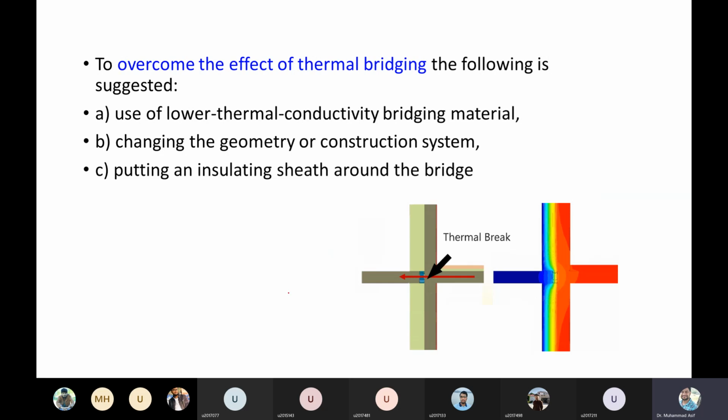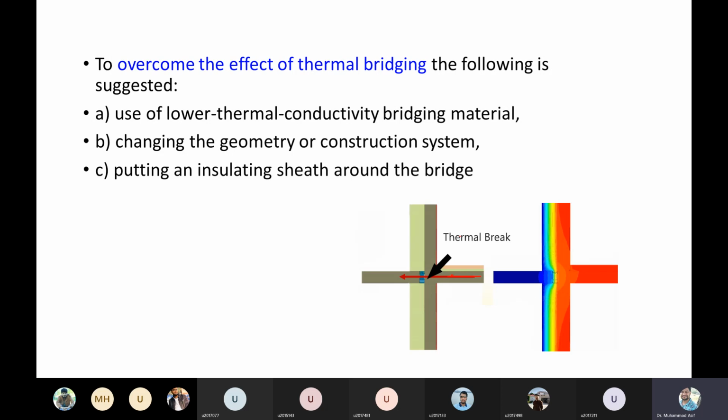One suggestion is to use a low thermal conductivity bridging material. So it is recommended that for bridging, you should adopt a material which has a low thermal conductivity, or you change the geometry or the construction of the system. And lastly, you can put an insulation shed around the bridge. As you can see here,